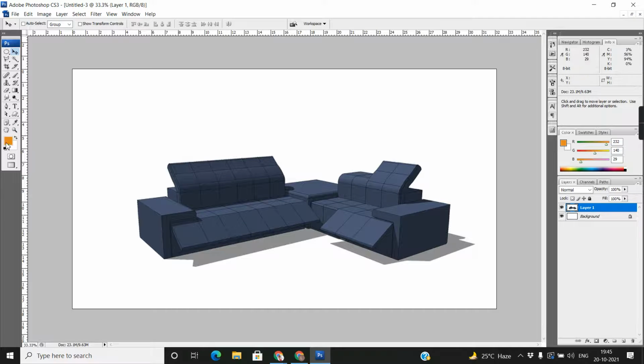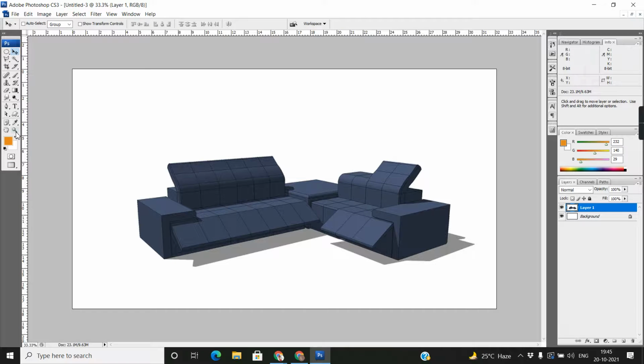Meanwhile, if I'm here, what is the white color RGB value? 255, 255, 255. And black color RGB value is 0, 0, 0. So this is our bar and we can use it for color.